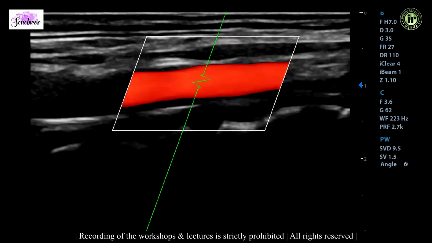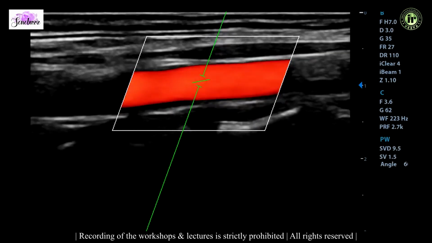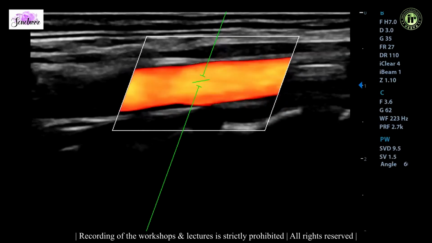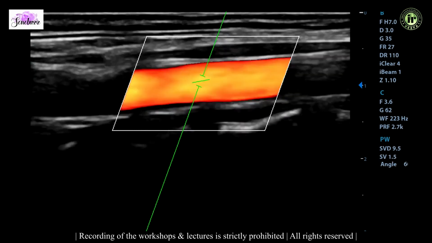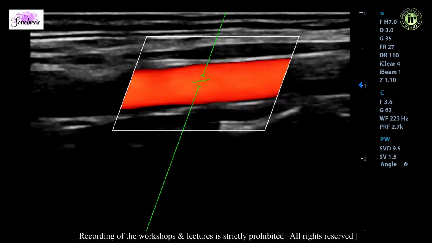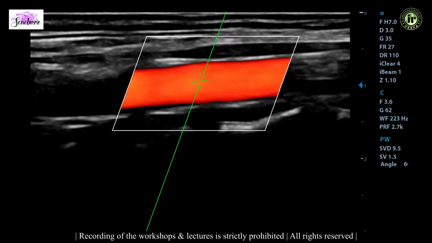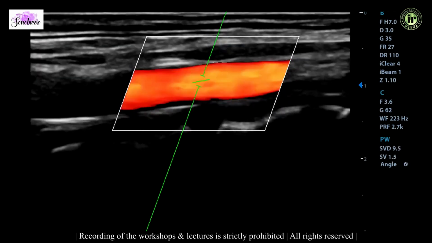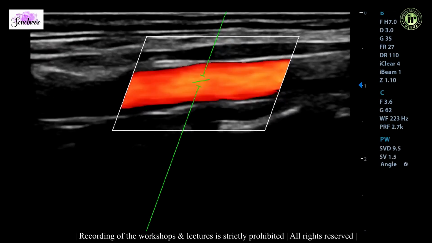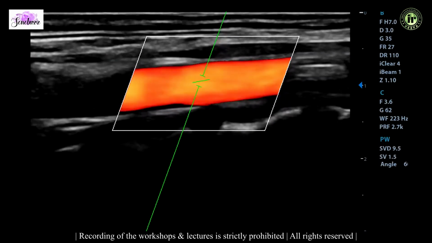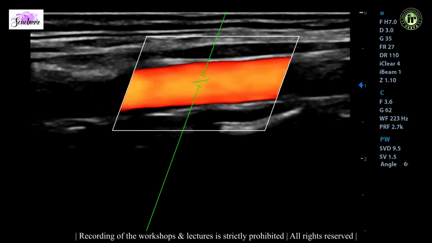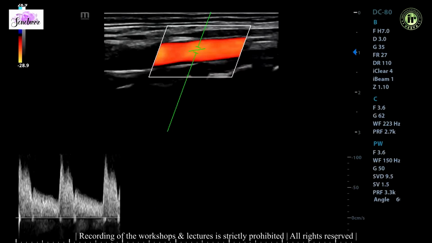But at a point of stenosis, you have to actually look at the aliasing jet and keep your sample parallel to the aliasing jet to calculate accurate velocities. This is extremely important in carotid because your grading of stenosis is based on velocity criteria, and the grading of stenosis determines which patient goes for medical management and in which patient a surgical indication is suggested. So therefore everything depends upon a good technique, and a good angle correction on the spectrum.